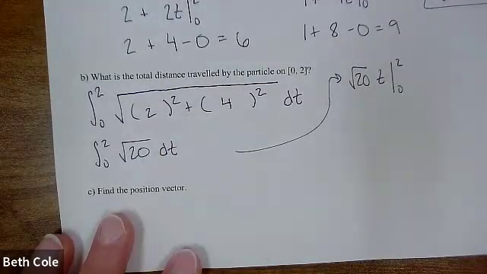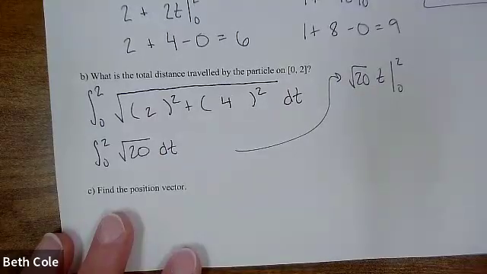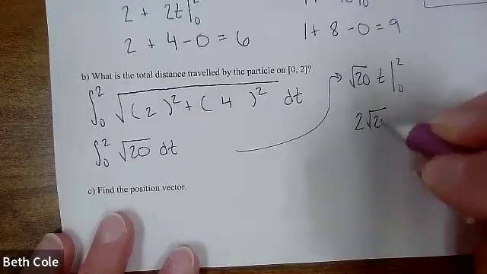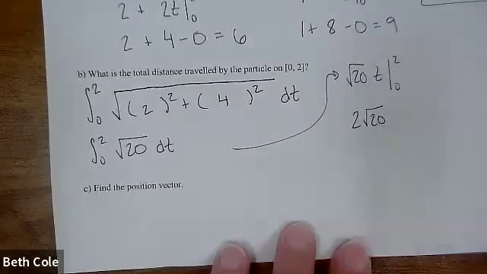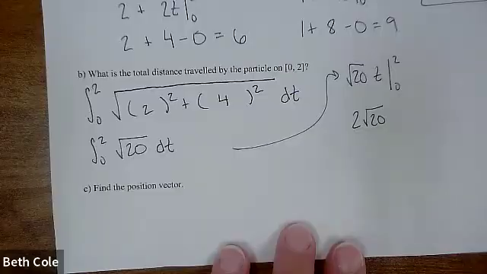Yeah, so just, I know it looks funny, but just pretend it's a number, because it is. And then you do upper minus lower, and so your final answer is 2 square root of 20. I'm perfectly fine with that answer. However,